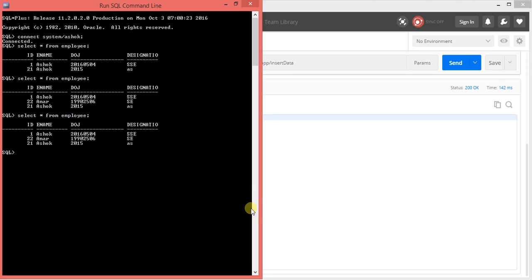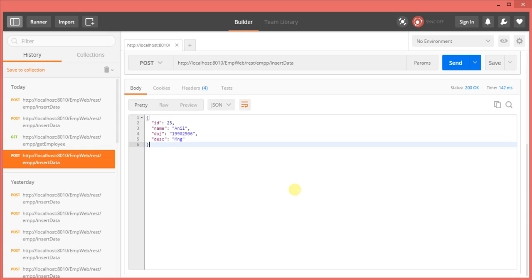We'll go to the database and check whether the data is persisted or not. Yes, it is persisted: 23, Anil, some date of joining and some designation here. Okay, so this is how you have to pass the data from your Postman, and in the next video we will see how to update, how to delete, and how to fetch the data from your database using Postman.